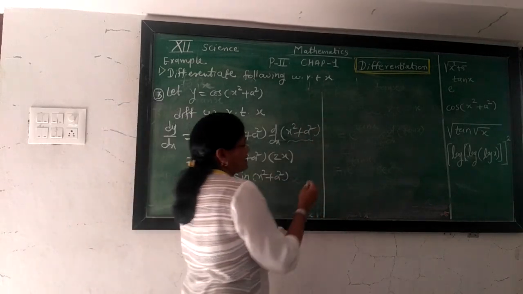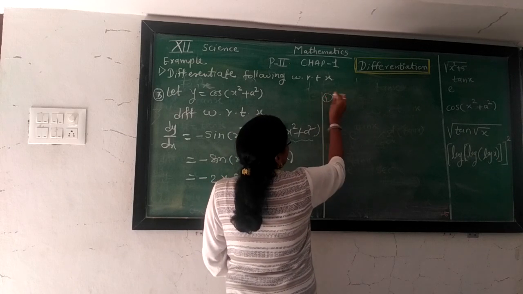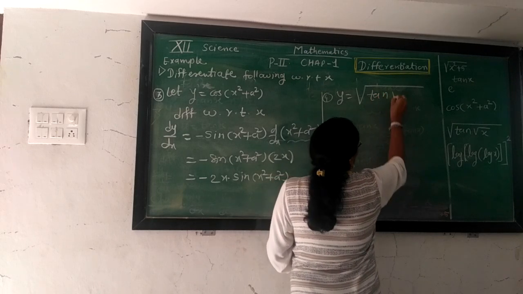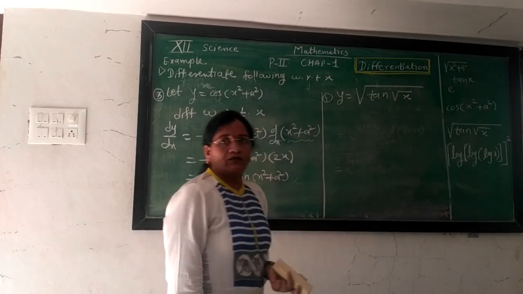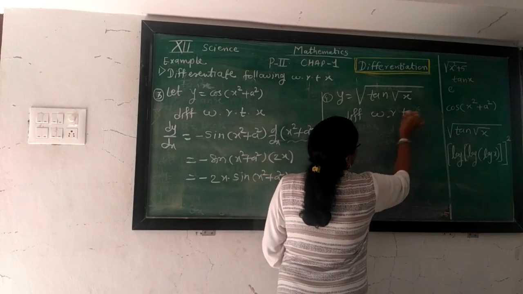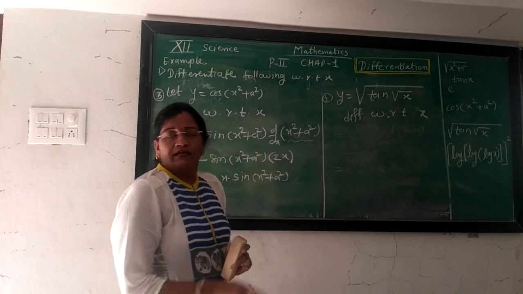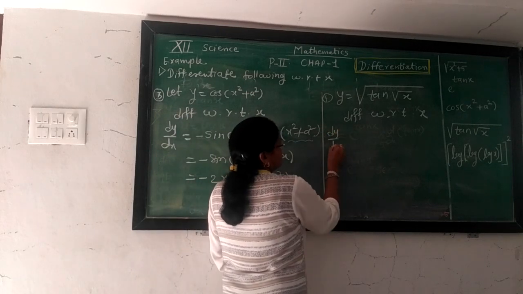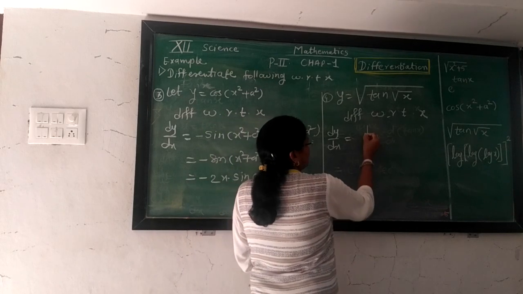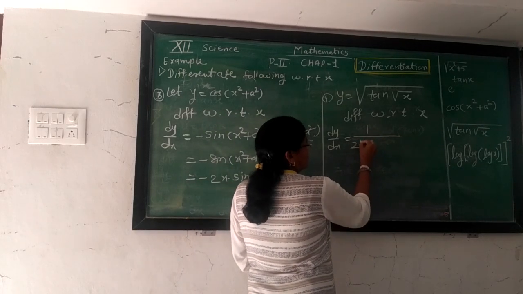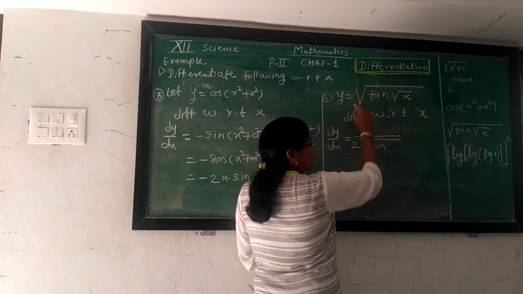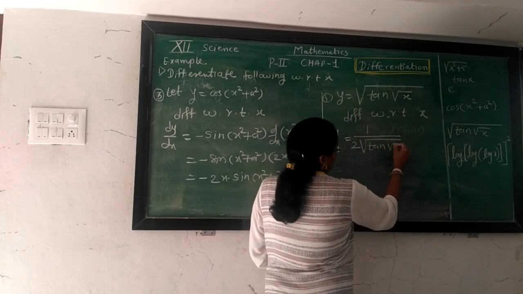Now we take the next example, the fourth example. y is equal to under root of tan of root x. Now again the step is differentiation on both sides with respect to x. The starting function is under root, so take dy by dx. A root function can be differentiated by taking the derivative of root as 1 upon 2 times root of that whole function. So the work of root is 1 upon 2 times root of tan of root x.